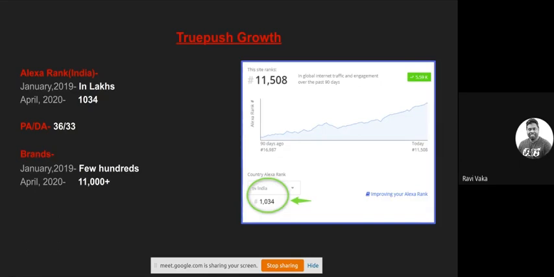So in the month of January 2019, once we launched the product, the first thing we did was go to Product Hunt. Product Hunt is a marketplace where you put your product, showcase its features, and have early adopters use the product and then share their feedback. The good thing was that market leader OneSignal was changing their Free Forever strategy to a paid model at the same time when we released our product on Product Hunt. That gave us a lot of attention initially.